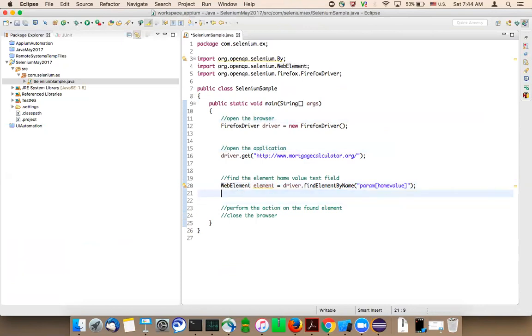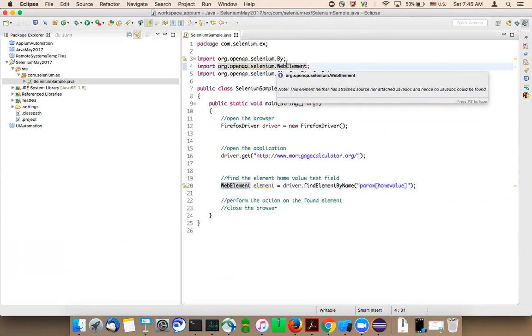So import is usually for class names, right? For different classes. Yeah. So now you are using the WebElement. From where you are getting this WebElement, where it is available, you need to tell the class. To the SeleniumSample.java class, you need to tell where this WebElement is available. And how do you tell? With the help of import. So now you are telling that the class WebElement is available in the package org.openqa.selenium.WebElement. This is the location where you can find the WebElement.